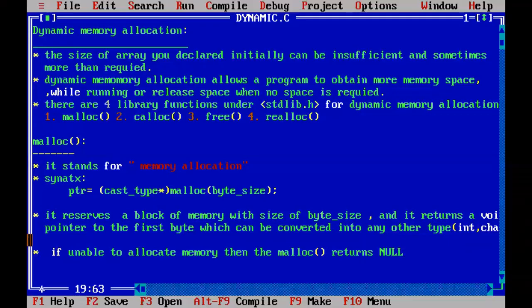For example, if it fails to create a block of memory, then it returns simply a null to this particular pointer. When pointer is holding null, we can understand that the memory is not allocated.